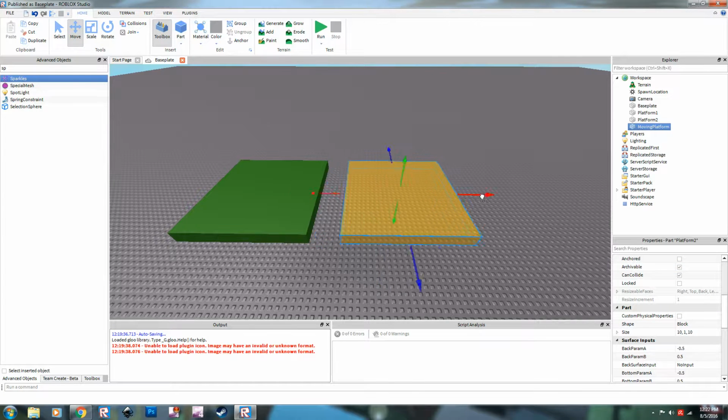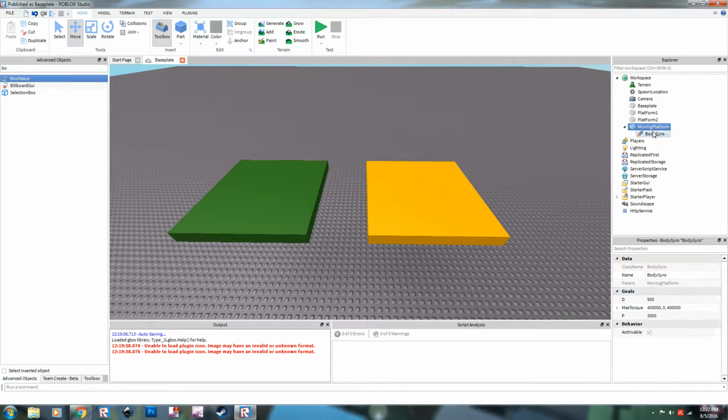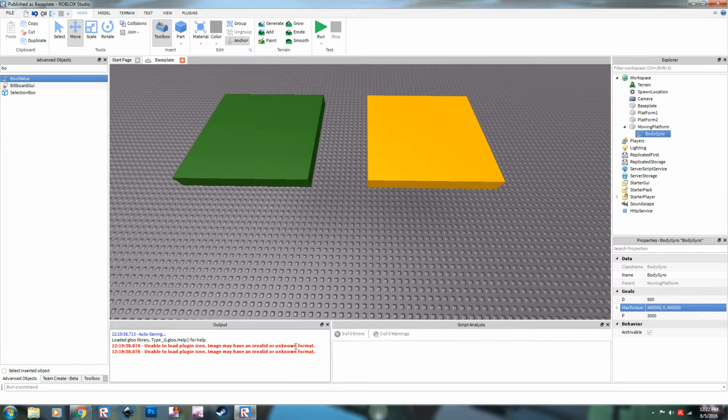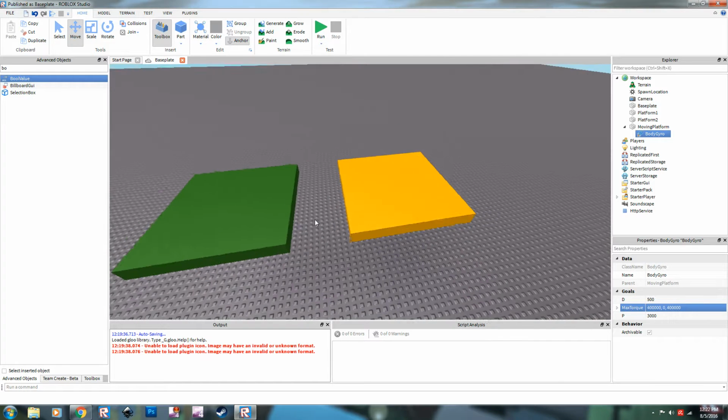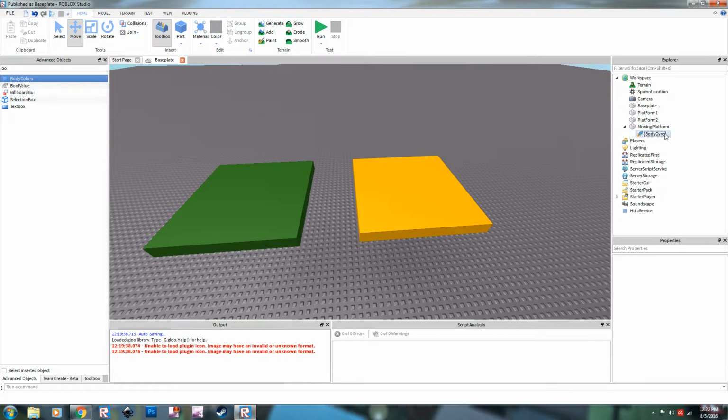There, so what we need to do is put a body gyro in this one, because once the player steps on it, it's going to start spinning all over the place. So body gyro, and we need to make the max torque on all of these math.huge, so we can use the command bar for this one. So we're gonna do workspace.BodyGyro.MaxTorque = Vector3.new(math.huge